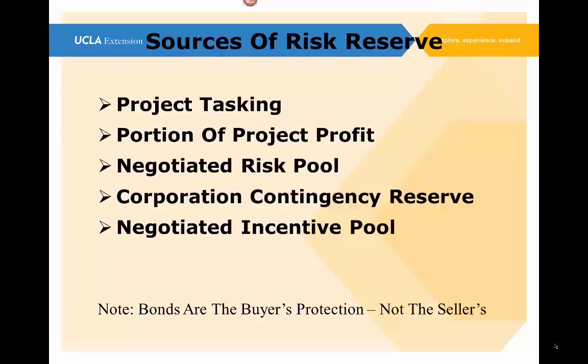There can also be a negotiated risk pool. Sometimes the CFO decides that all the project risks are going to go into one kitty and that the CFO is going to manage that. That's really not an equitable way to do it, because usually when the project manager comes to the CFO and says,